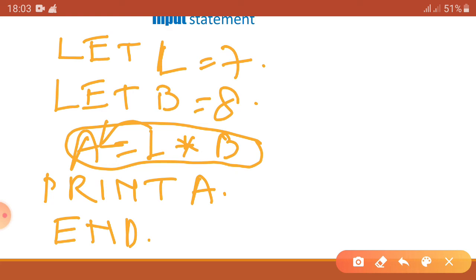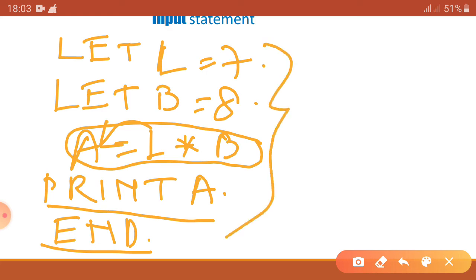Okay, so now if you want to print the value of A, then write PRINT A and then the last statement END. Okay, so if I execute these lines in QBasic, at the output screen we will have the value of A, that means 56. Okay, got it? So what is the INPUT statement?